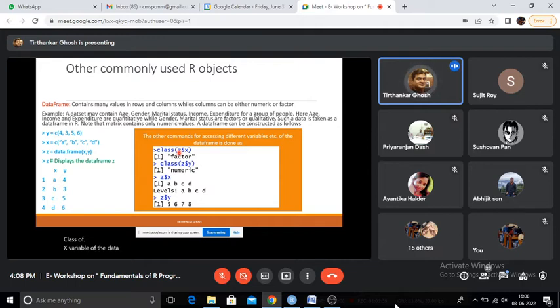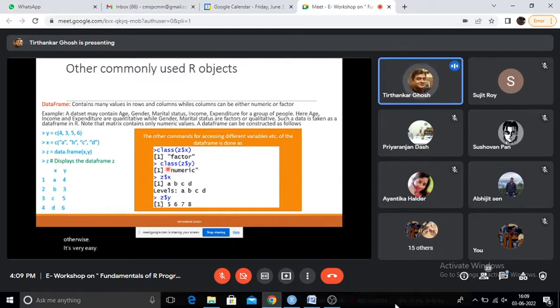So a variable of a data frame can be isolated like this: z, then dollar sign, and the name of the particular variable. You need not worry about this. I will be showing all these in a hands-on exercise. So nothing to be worried about, and you can take the PPT as well so that you can practice if you need to. Otherwise, it's very easy.